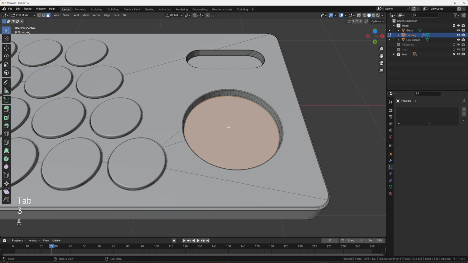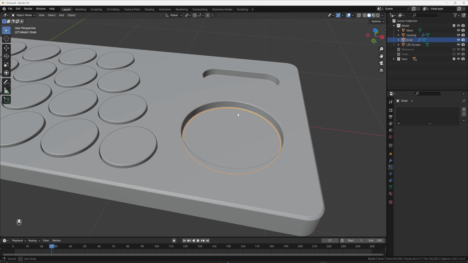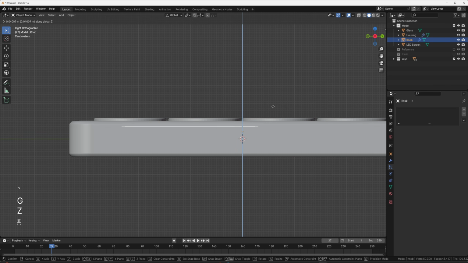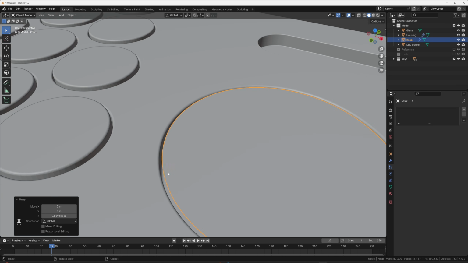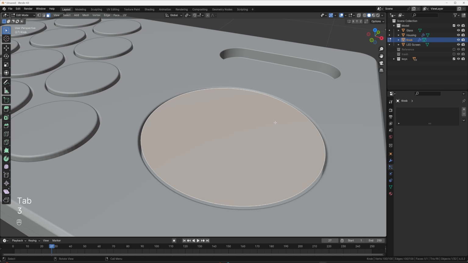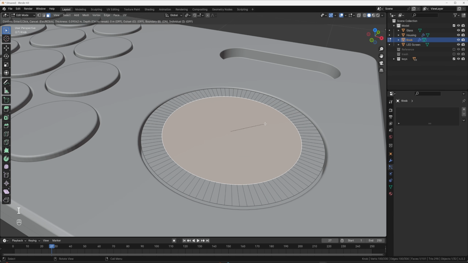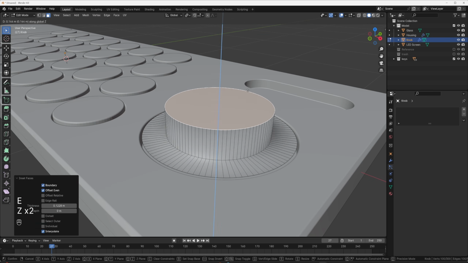I'm going to tab into edit mode, select this face, Shift D, P by selection. And then I'm going to call this our knob. And then what I want to do is just GZ to bring this up right up to the edge of this plane. You can see it's already kind of got the inset from that, which will look good. And then what we want to do is tab into edit mode. We're going to inset this face to this point, and then we're going to extrude this face up with Z.